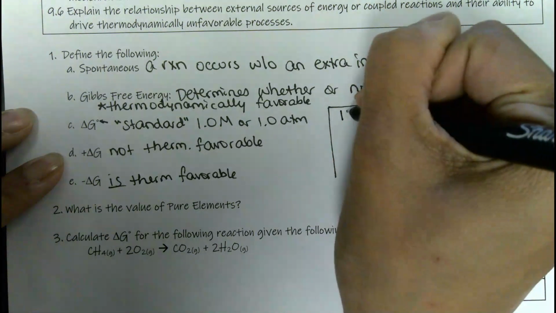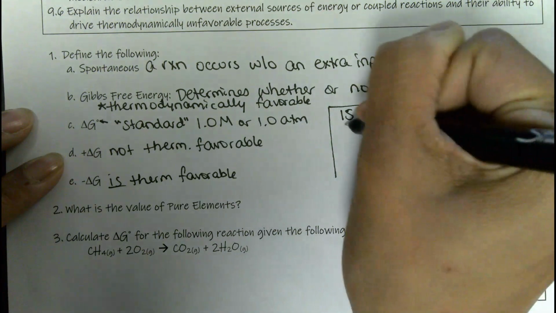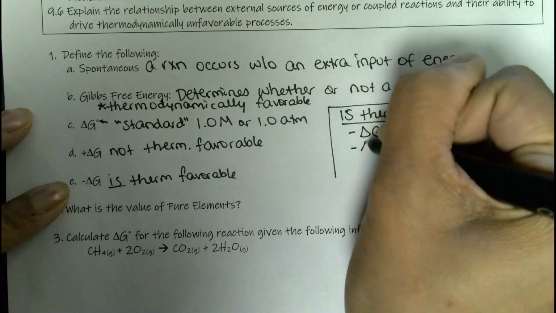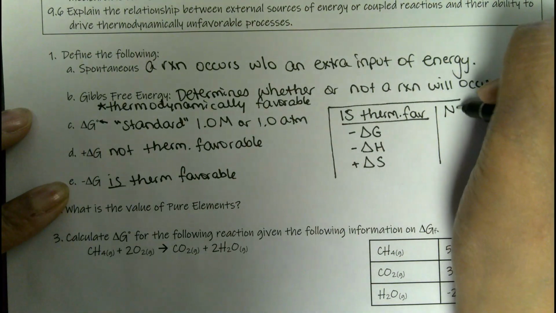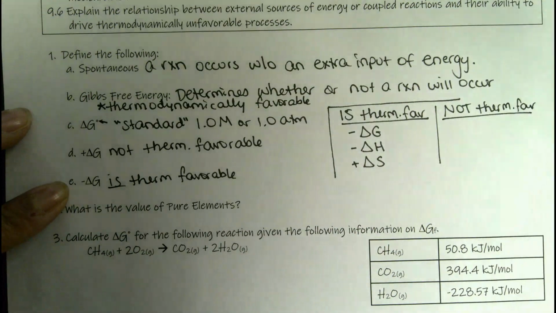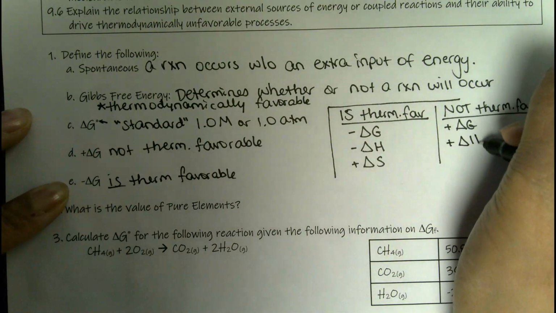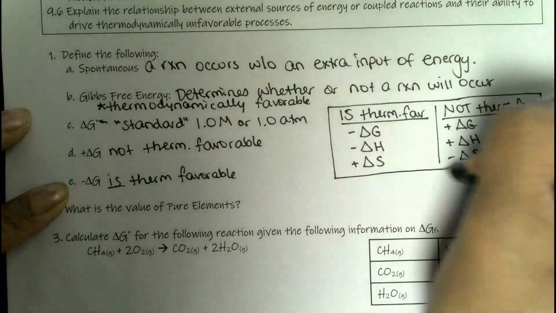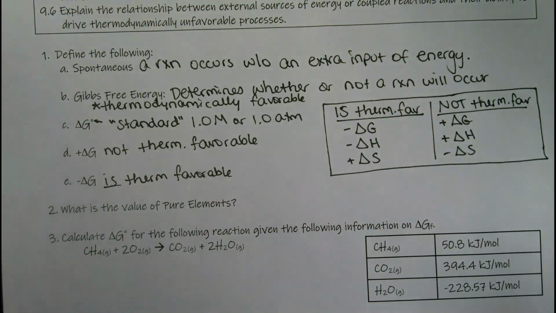So we can say that something that is thermodynamically favorable is a negative delta G, so a negative delta H, or a positive delta S. Something that's not thermodynamically favorable, on the other hand, would be positive delta G, positive delta H, or negative delta S. Cool. So if we're just dealing with delta G, and that's kind of what we're doing with this, at least for this page,